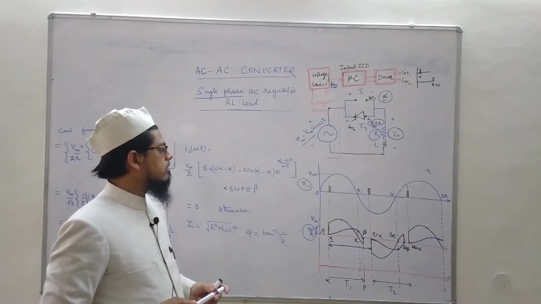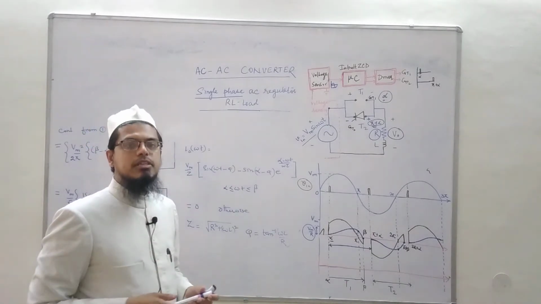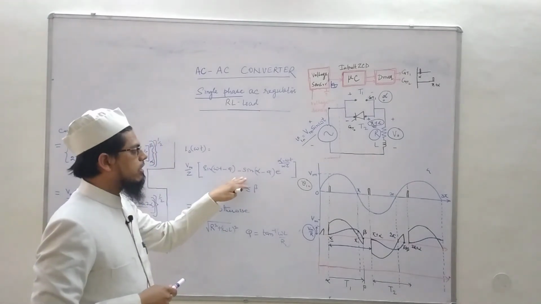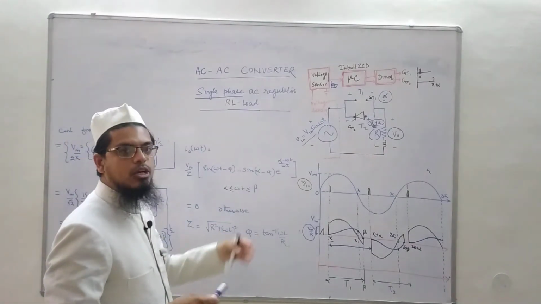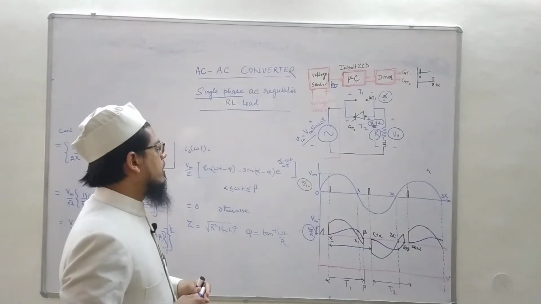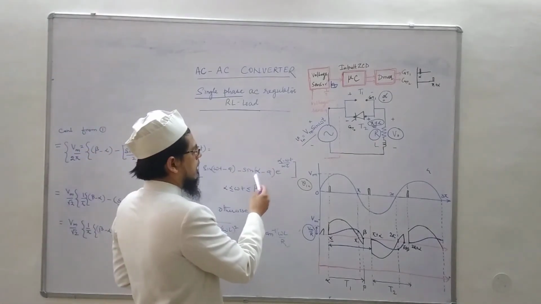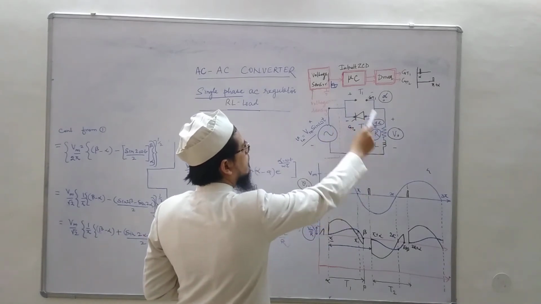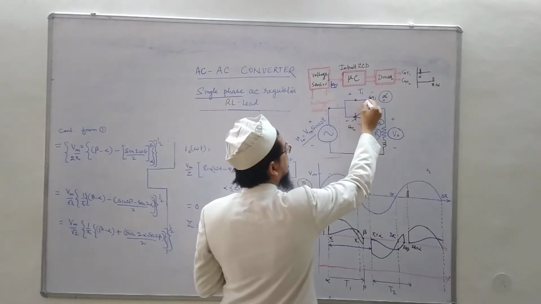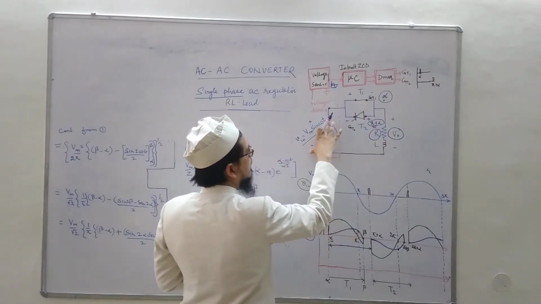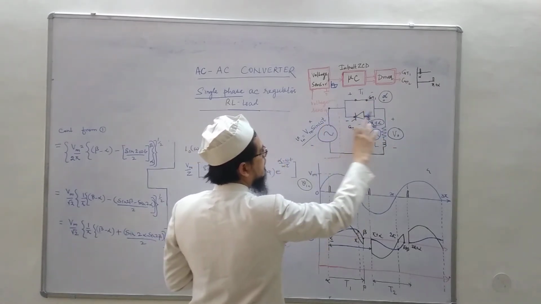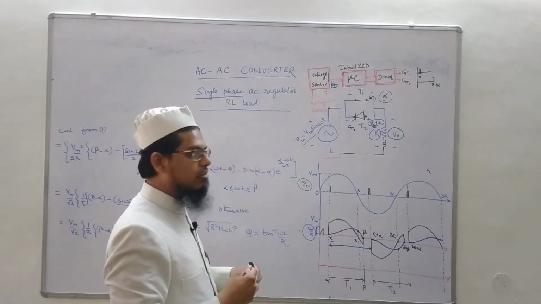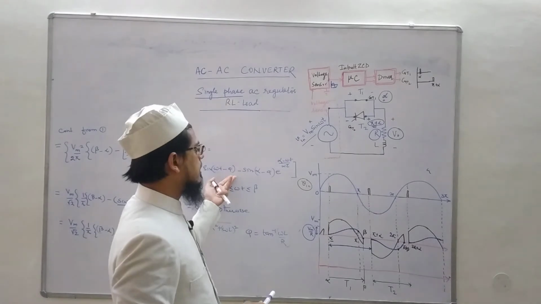You can find the link for that lecture in the description box, and if you are interested in knowing how this expression comes about, then you can watch that video. Basically it comes from solving this circuit when it is conducting. So basically a sine wave input given to an RL load results in a differential equation, and solving it with some initial condition results in this.